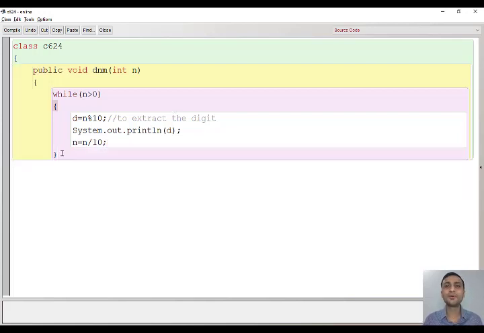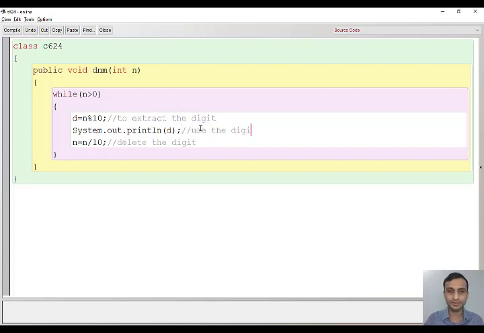And your new number will be that number after deleting the digit. So your new number will again be stored in n. This is delete the digit. And this one you can say use the digit. So in digit based programs, it will be divided into 3 important parts: extraction of the digit, use of the digit, and delete the digit.